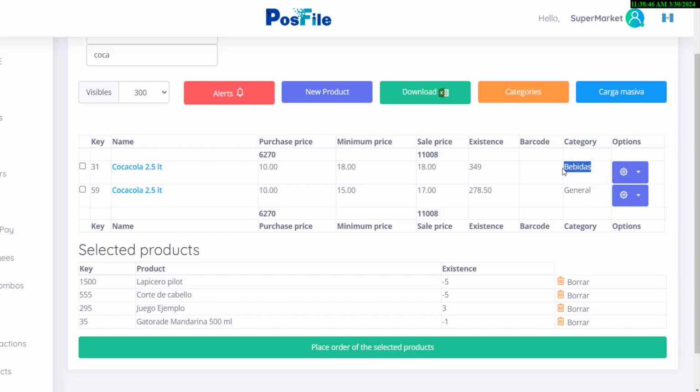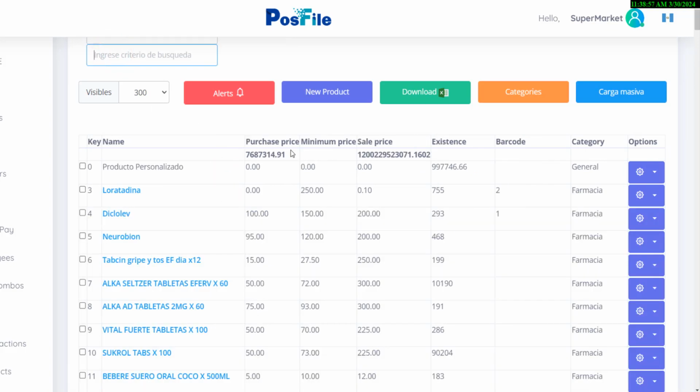Category informs about the classification assigned to the product. Options. Clicking on the Options button displays alternatives to edit or delete the product. Note: to view the total sum with respect to the purchase price and selling price columns, you must click on